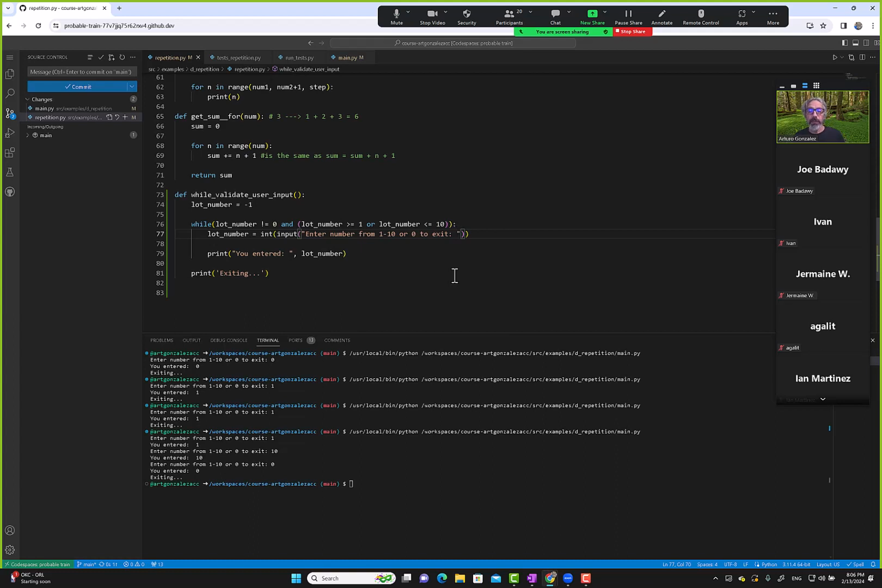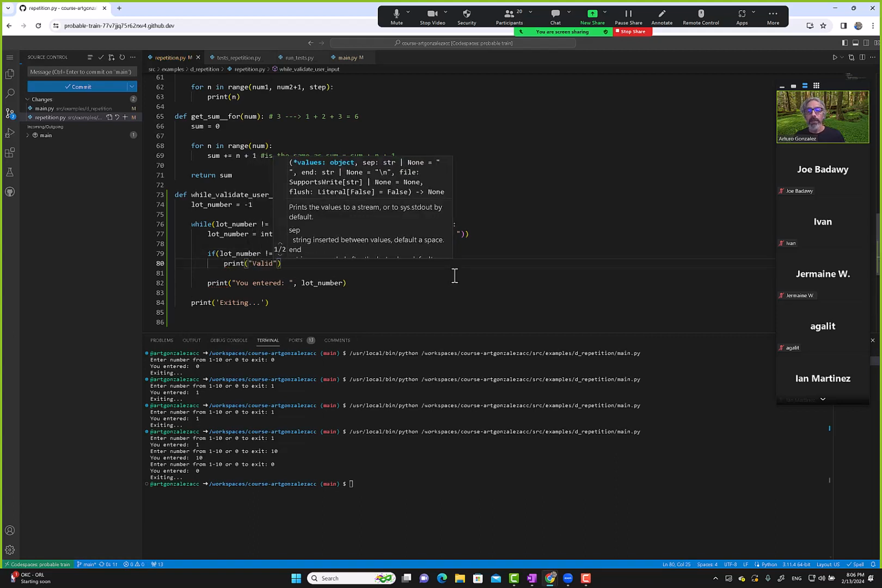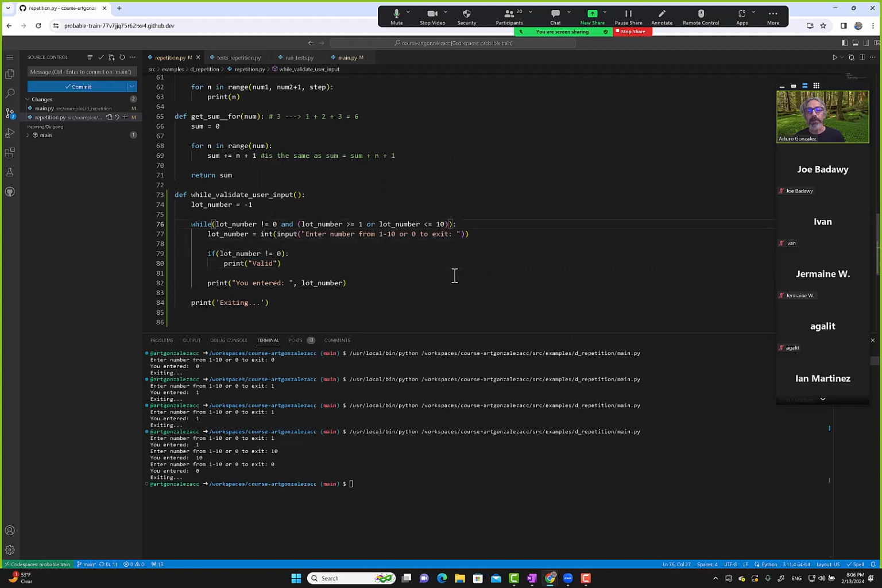Okay. So now, if they enter a valid number, then we want to display something. So maybe here we say, if lot number not equal 0, then that means we have, hopefully, no, that's not good. Okay, let's still do it. So if lot number not equal 0, then print, oh, you see, we got to do this check too. So maybe we shouldn't be so greedy, and we go here